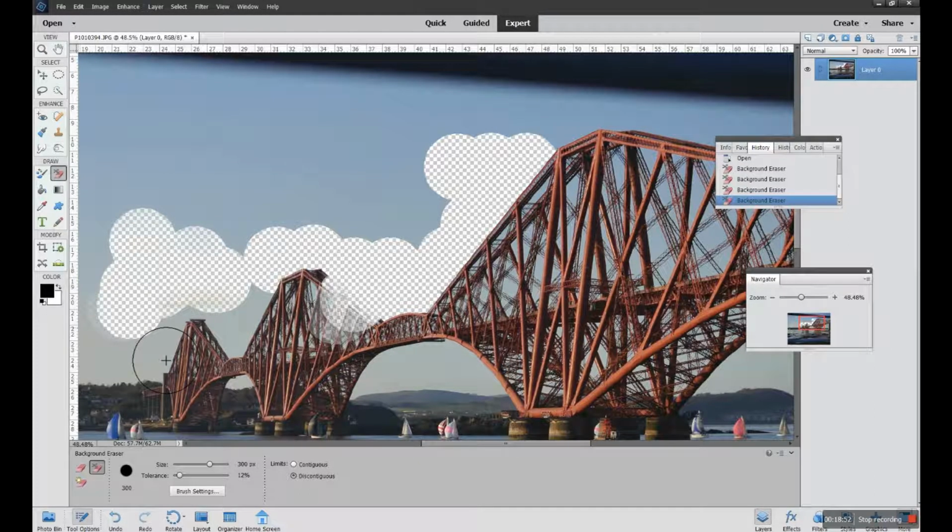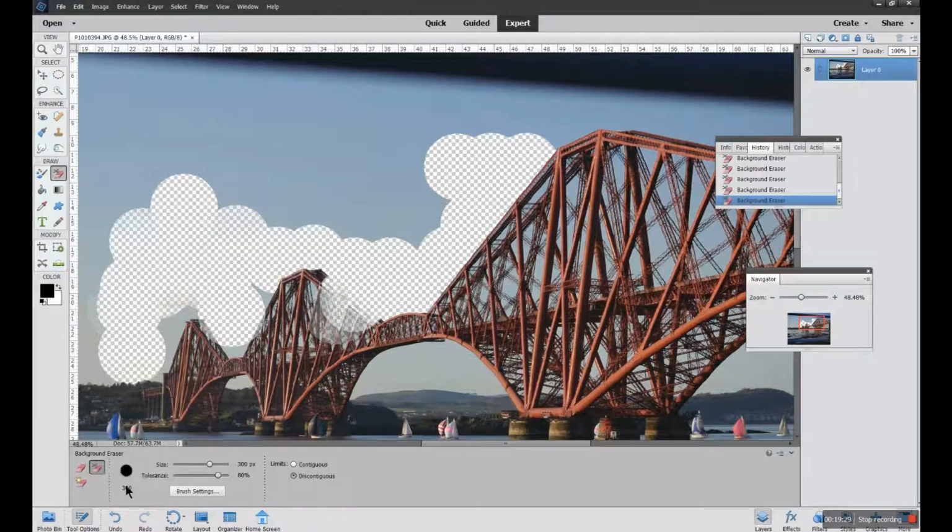So you can see that although I'm over parts of the blue, it may not pick it up straight away, okay, because unless the X is over it, it won't remove it at all. So tolerance is down to the basis of how much of the background you're going to remove in any one go. Okay, so just be aware of tolerance. Well, this is more important in the next one than maybe in this particular part of the